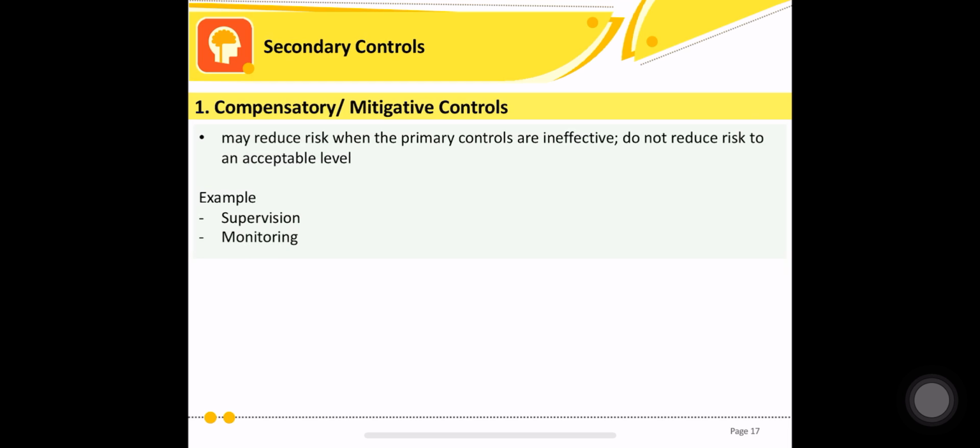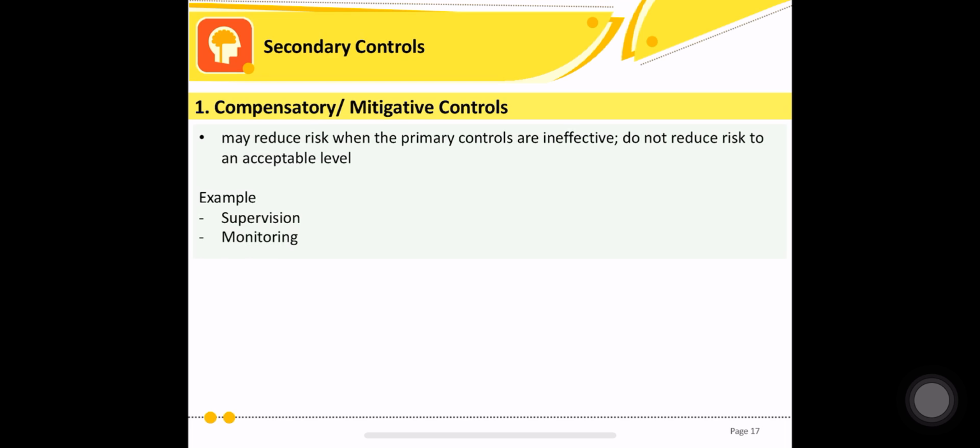Okay? So the first secondary control is compensatory, or we call it mitigative controls. So as stated here, may reduce risks when the primary controls are ineffective, do not reduce risk to an acceptable level. And an example here are supervision and then monitoring. So, parang gulo, no? So, ganito yan. So, pag sinabing compensatory or mitigative control,